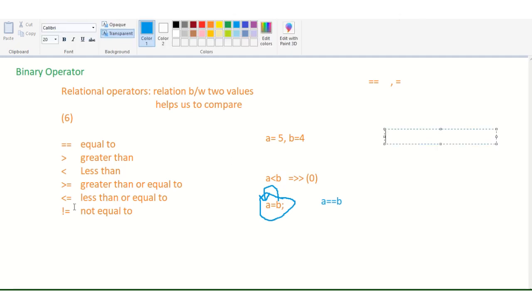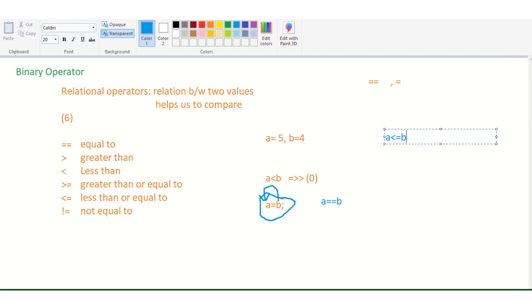For example, I want to use the same with the same values. If a is equal to 5 and b is equal to 4, then if I use a less than or equal to b, then what will be your output? 5 is less than or equal to b, whether it's true or false, this is also false.